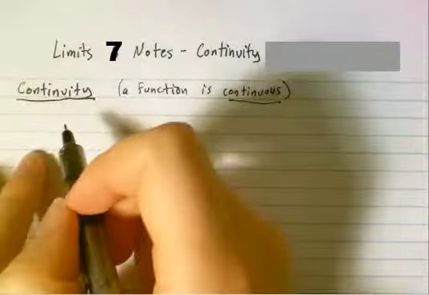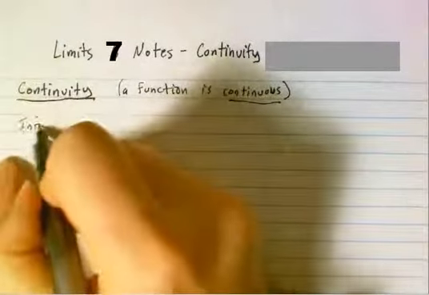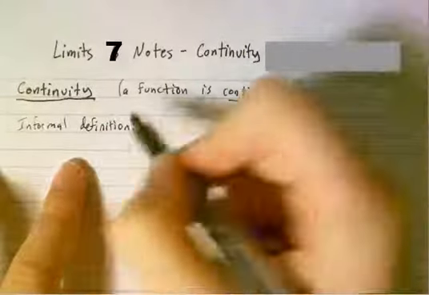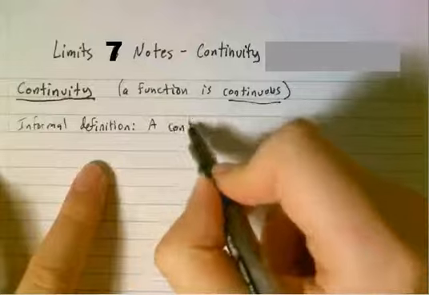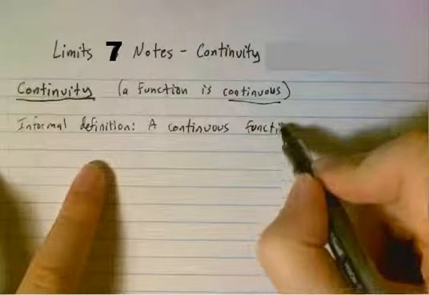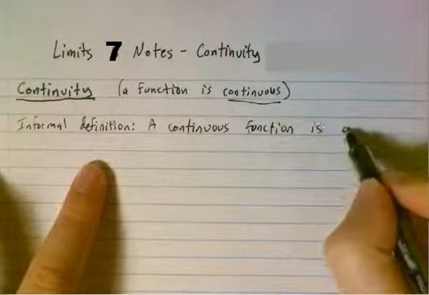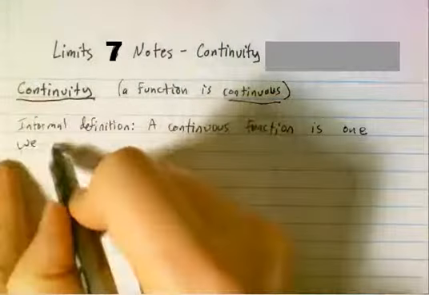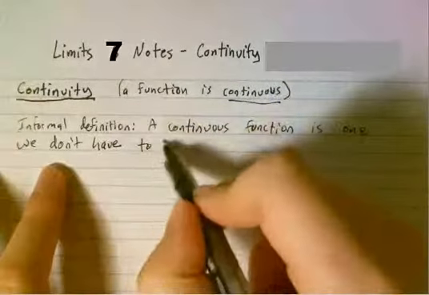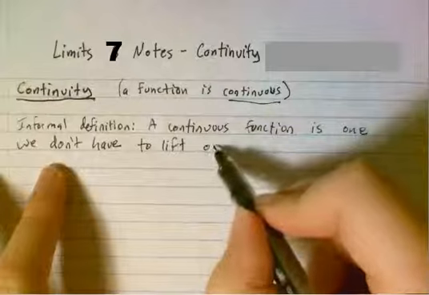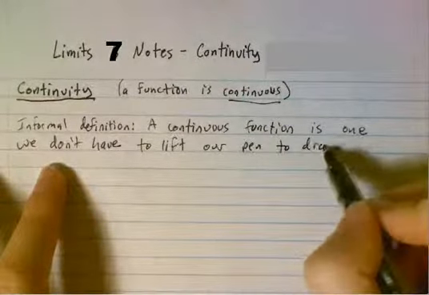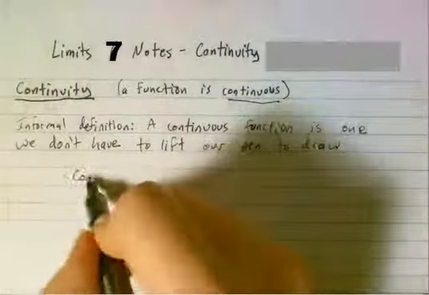So the informal definition is that a continuous function is one that we don't have to lift our pencil or pen to draw. So for example,